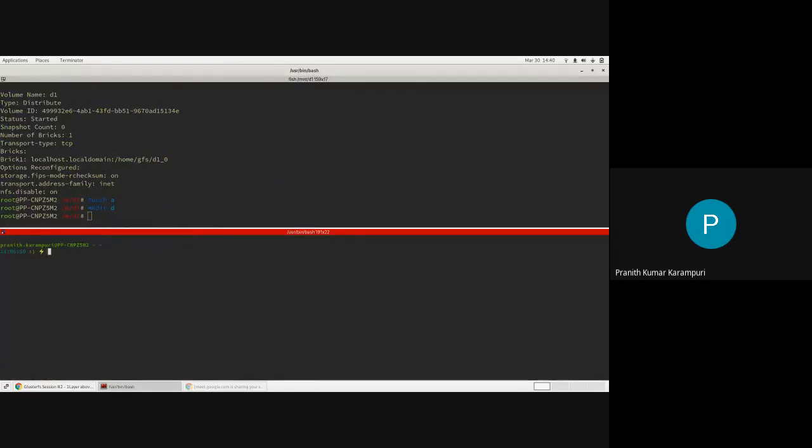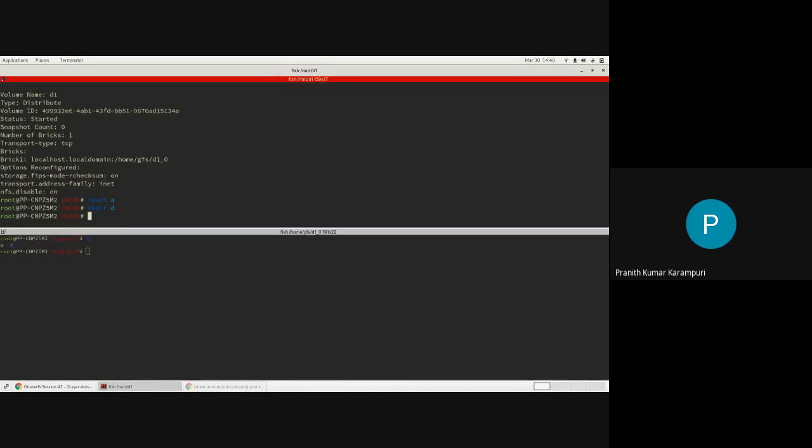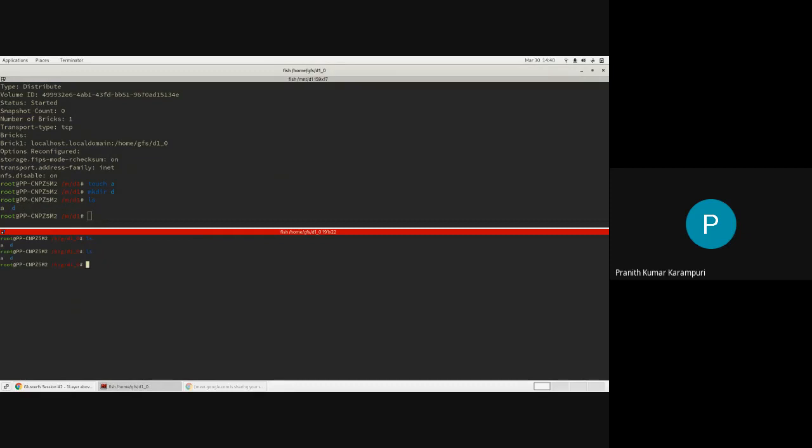Okay, so this is a brick, and this is the mount. The one above is the mount, the one below is the brick. So you can see the contents are similar.